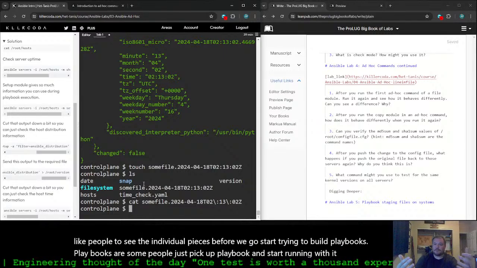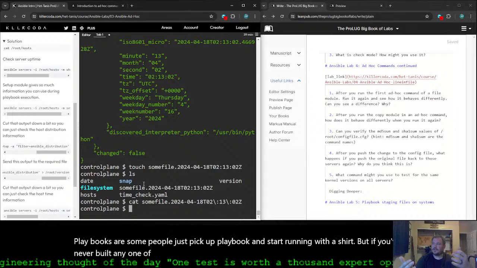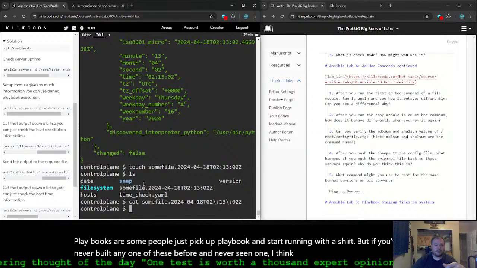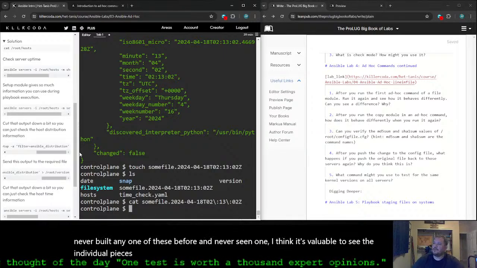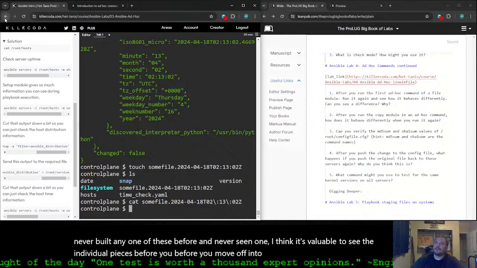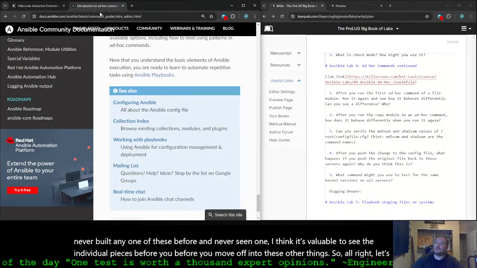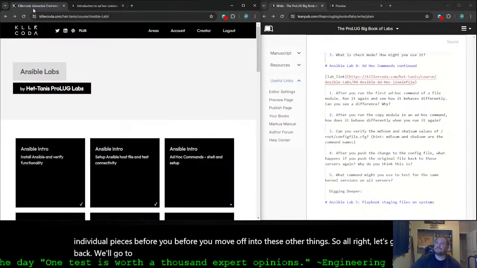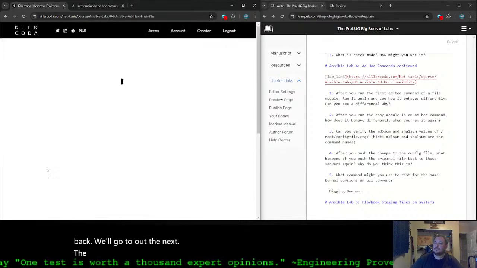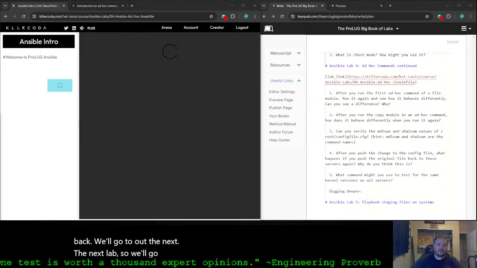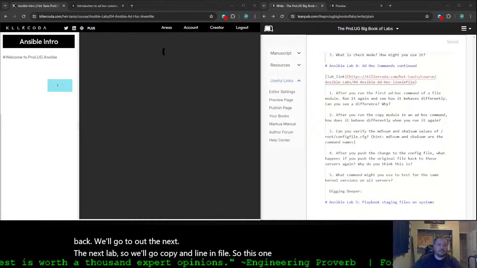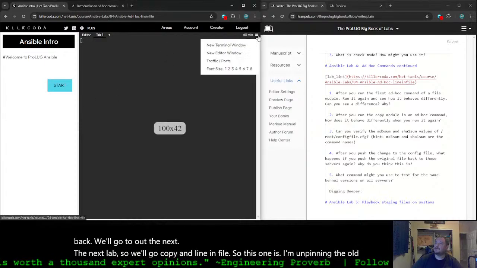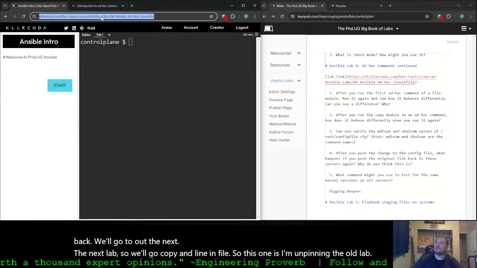But if you've never built one before, I think it's valuable to see the individual pieces before you move on. All right, let's go to the next lab, copy and line in file. I'm unpinning the old lab and we'll pin the new lab here.